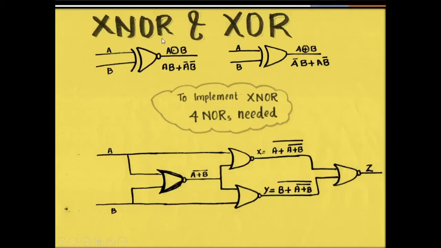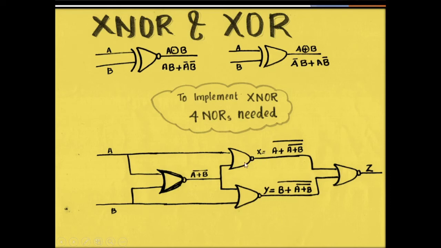Next is the implementation of XNOR gate. This is very much similar to the implementation of XOR using NAND, which I have told you in the last video in detail. So I am not going to explain in detail. Let us look at the implementation and check whether it works or not. This is the digital circuit we designed equivalent to XNOR. The output of this first NOR gate is, since a and b are the inputs, a plus b whole bar.